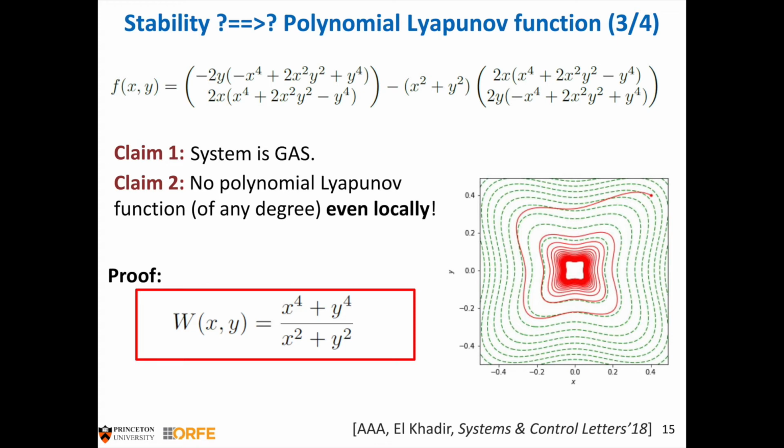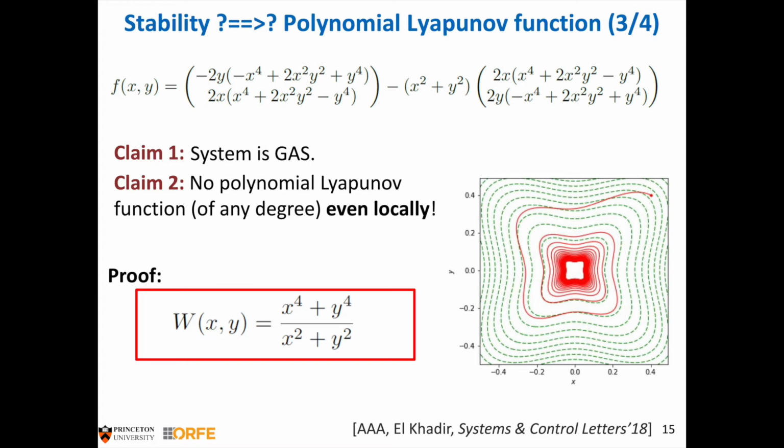Now, how do you prove that there is no polynomial? Okay. So let's just give names to this thing. Let's call this F0. That's the part of degree 5. And let's call it F1. That's the part of degree 7. Now, it turns out we could prove that what F0 does on its own, if F1 wasn't there,